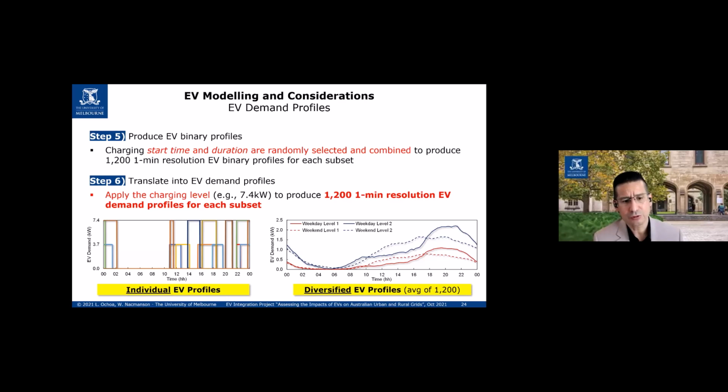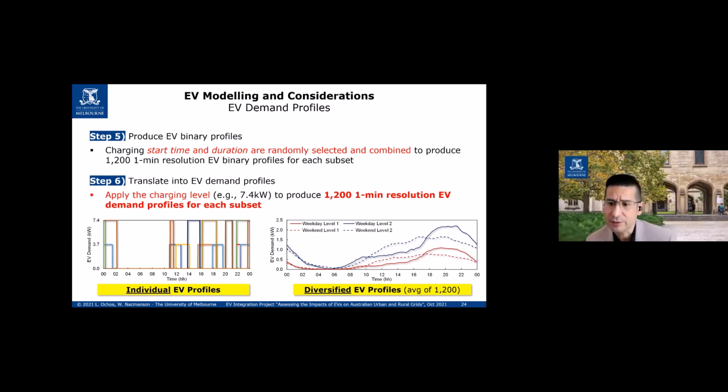Now, just for you to see what it means in terms of average demand of just the electric vehicle part, the plot on the right here shows the diversified EV profiles. This is an average of 1,200 profiles. So this is an average that shows how my primary substation, my zone substation, will be affected the moment that hundreds of customers have electric vehicles. This is the value. But if you are looking at the low voltage circuit only, which of course has fewer customers, that value will be a little bit larger.